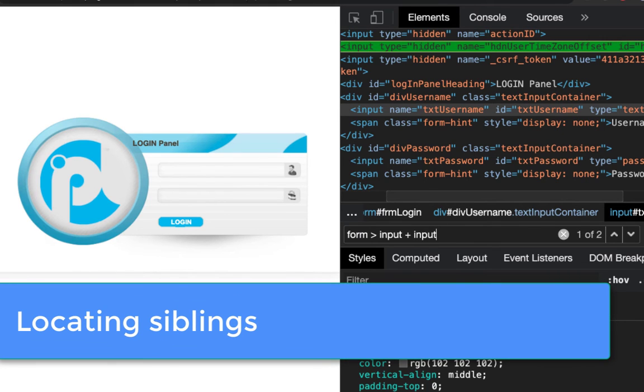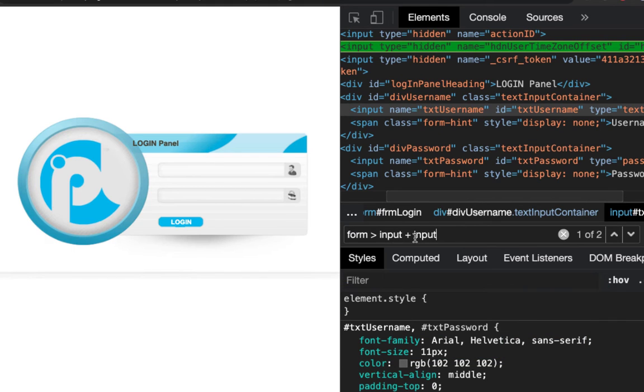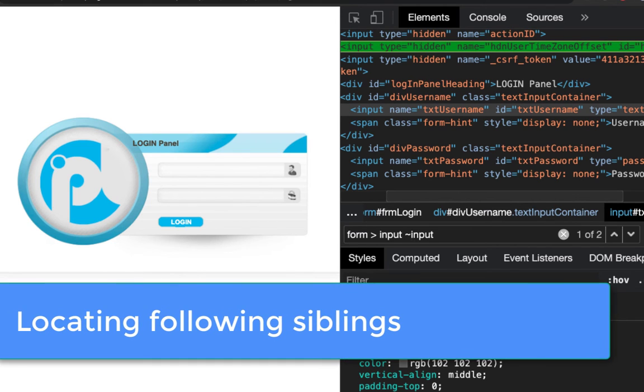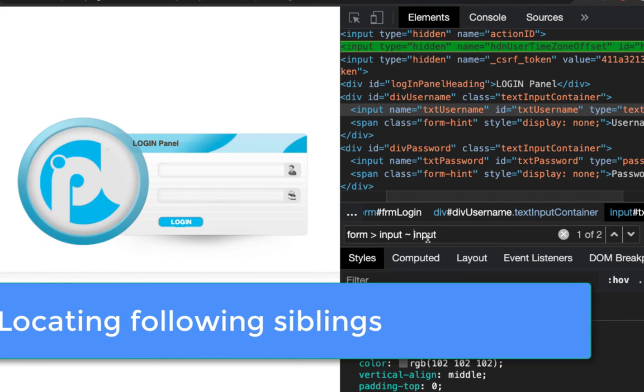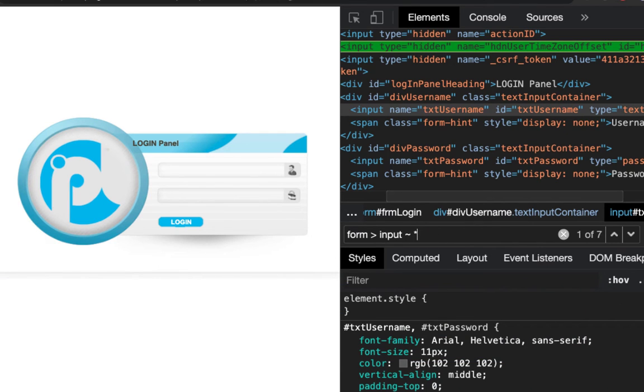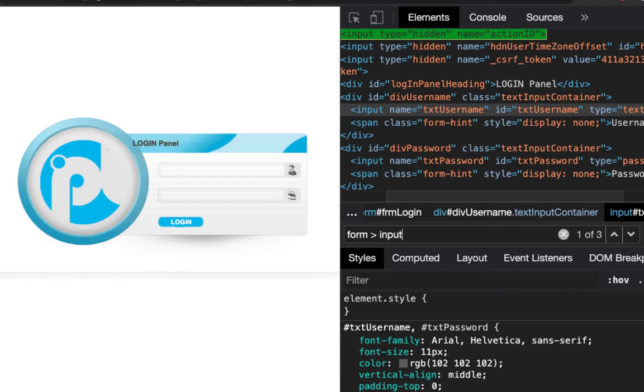To locate the immediate sibling of the element, you can use the plus sign. To locate all following siblings, you can use the tilde character. With asterisk sign, you select any element, so you have 7.